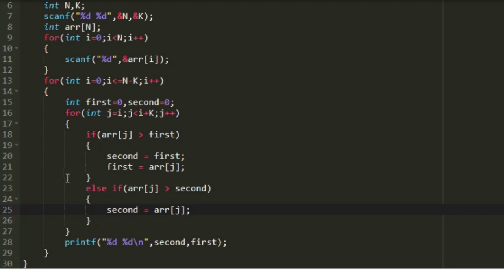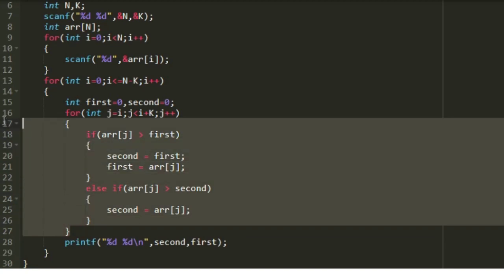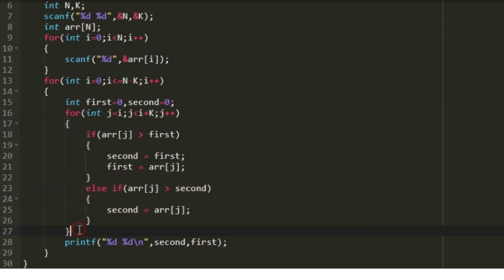So finally, after the execution of this j loop, the two largest integers will be stored in the variable first and second, and in our output, while printing, we must print in ascending order. So we have to print the smallest first and after that the largest. So the second largest integer would be the smallest. So first we print the integer variable second, and after that we print the integer variable first. So we will be printing two integers in every iteration of this i loop. So we will be getting our output in the required pattern.